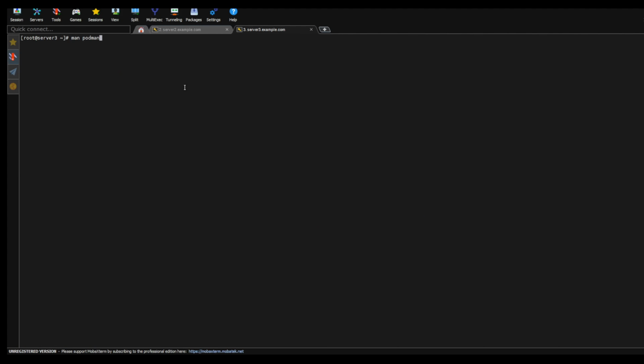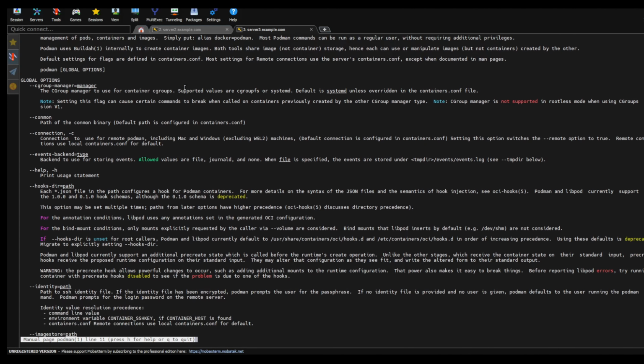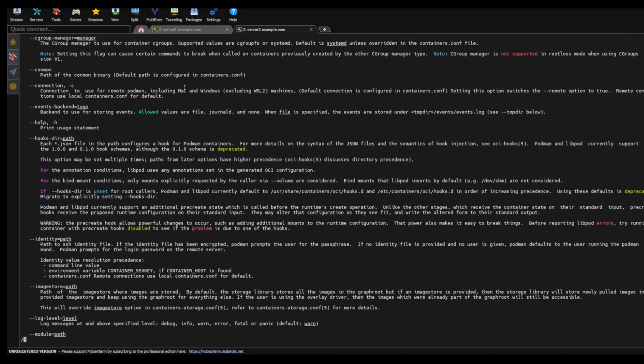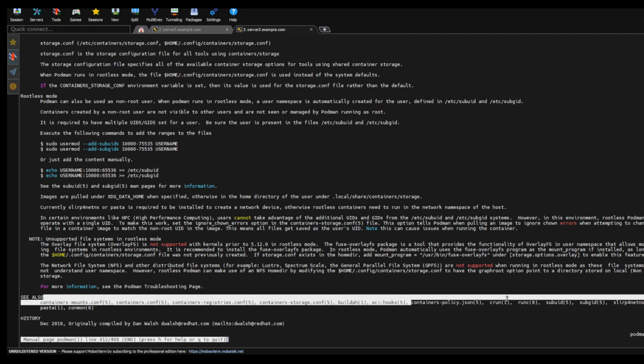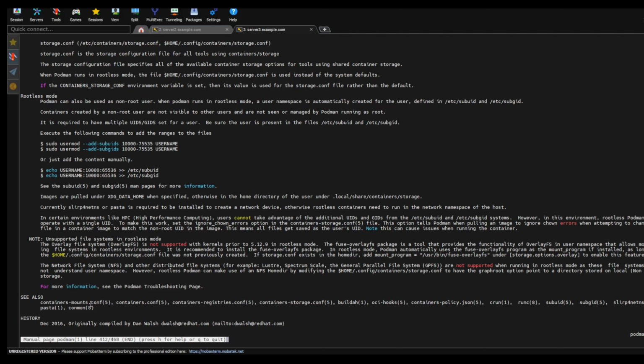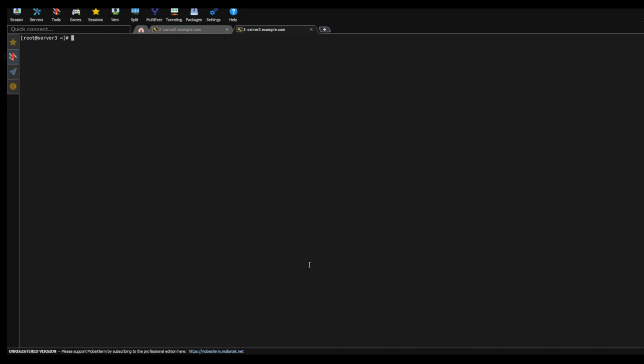Let me clear my screen, and here we have a bit more information, and I can even search for examples, or I don't think we have examples on this page. I think we actually have to search for different manual pages. But let's cut to the chase. So Podman represents the container daemon. So basically this is how you can control your containers or your images